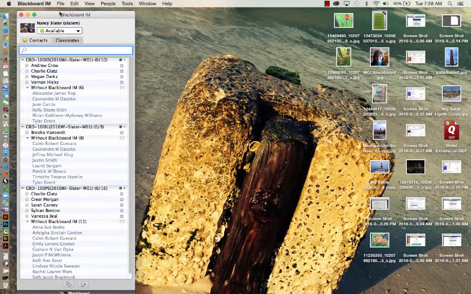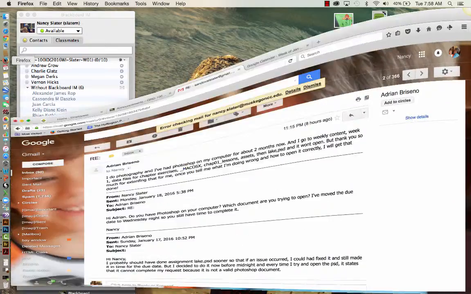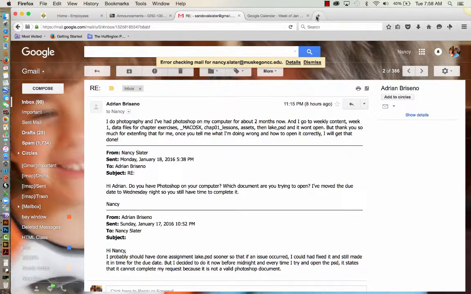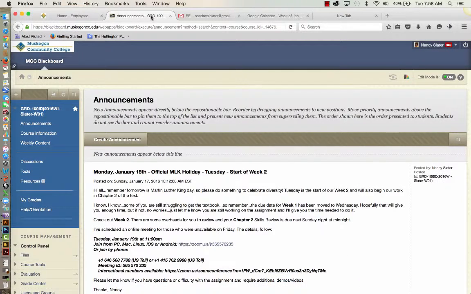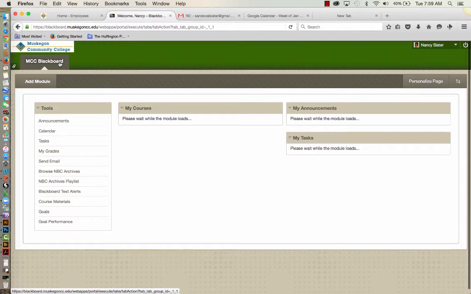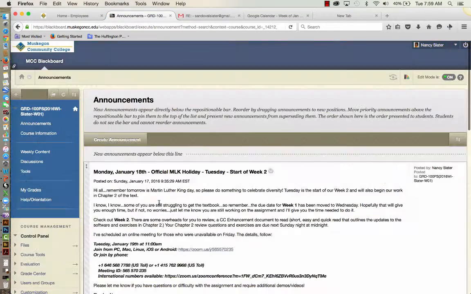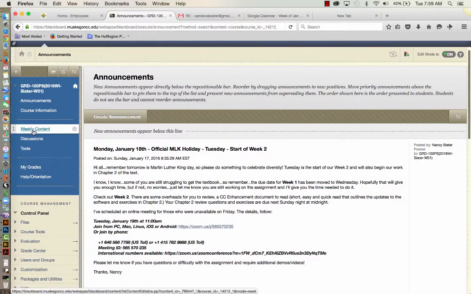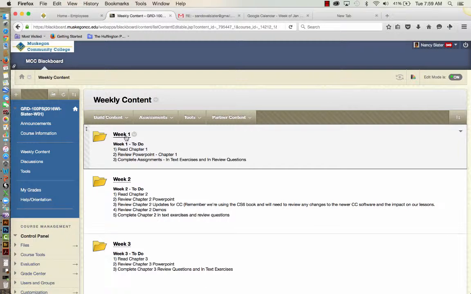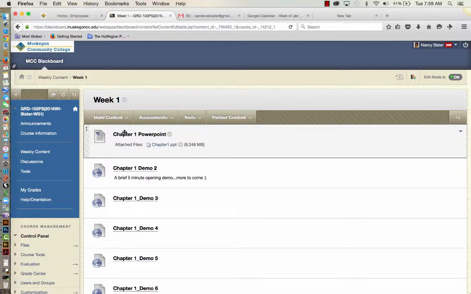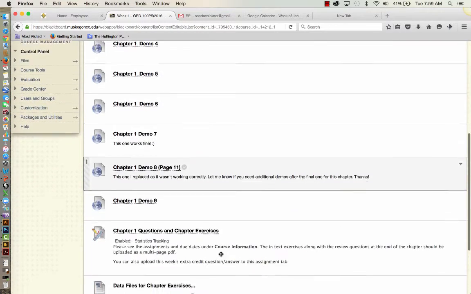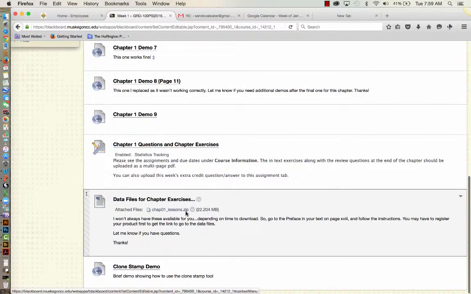So to begin with, let's go out here to Intro to Photoshop. And then I'm going to go under Weekly Content to Week 1, and then down here to the data files, and I'm going to download these data files. I'm not going to do it right now because I already have them downloaded, but click on the data files